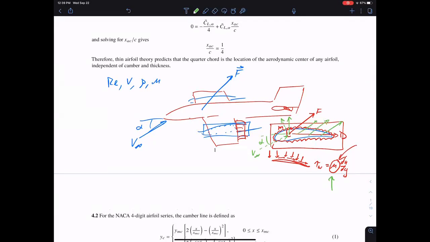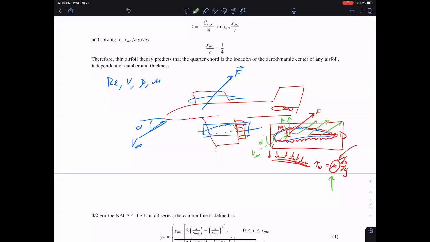It's just a force. It's the integral of all that. It's almost like integrating the weight, right? The weight is acting in a certain direction, but it doesn't pertain to a certain location on the airfoil. It's just what the weight of that thing is, or the force that's being generated. But the pitching moment is a little different, because